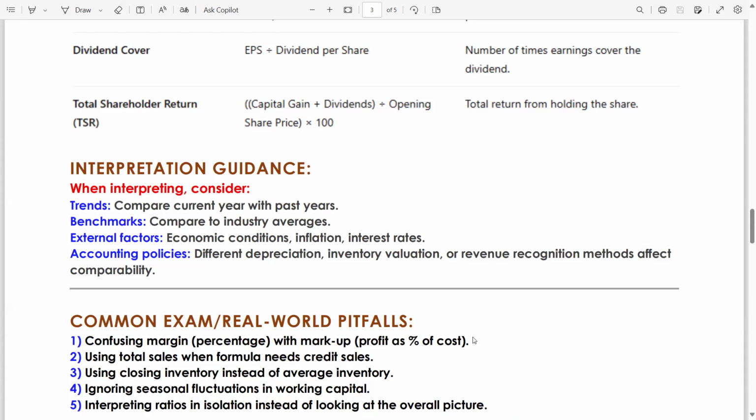Because in your exam, the examiner will ask you to compare with this and that industry. We will solve the questions, then you will have a better idea. External factors: economic conditions, inflation, interest rate, other factors. Accounting policies: different depreciation, inventory valuation, amortization, or revenue recognition methods such as point in time or over time affect